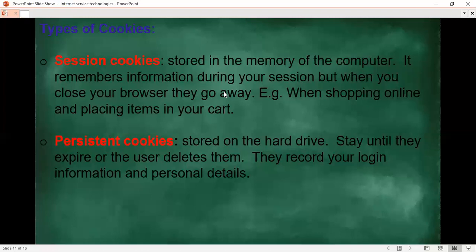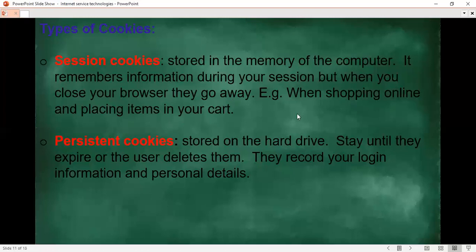So when there is information there and your computer shuts down before you save it, maybe you were working on a Word document or a PowerPoint document and you haven't saved anything, when you open it again, it won't be there. When shopping online and placing items in your cart, for example, this is an example of